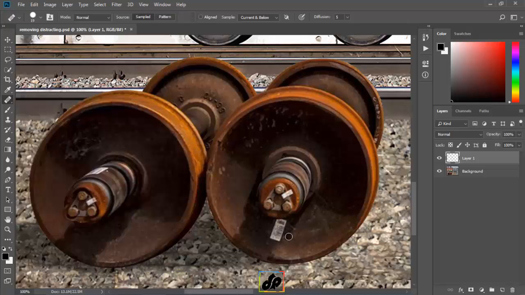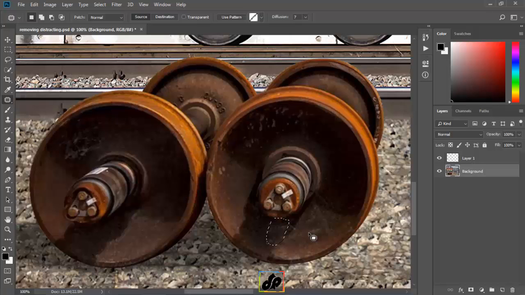If we want to remove bigger elements, it would be helpful for us to switch to the patch tool. So, we will select the patch tool. But we see that there is no option to patch to a separate layer. We will now go back to the background layer and draw a selection around this label which we want to get rid of, and then position our cursor inside the selection and click and drag it to a different area with good information and release our cursor. When we release the cursor, Photoshop will patch that area with that information.